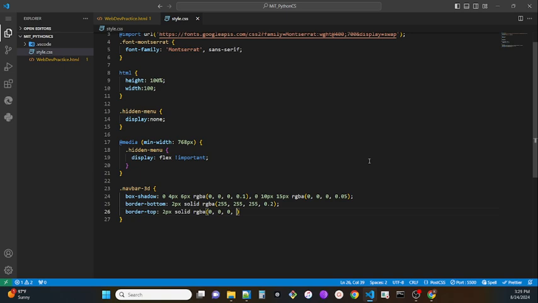And let's give that the 0.2. Yeah, let's do that. Okay. And let's do, actually, you know what, before that,